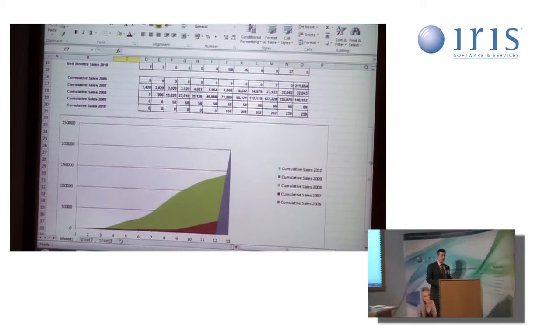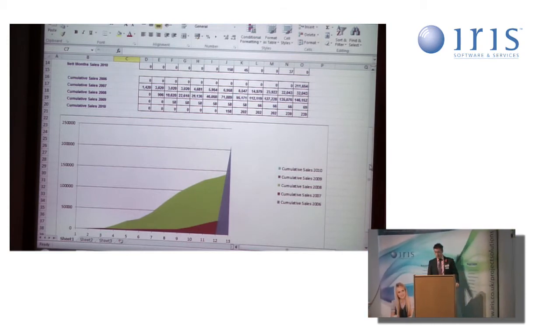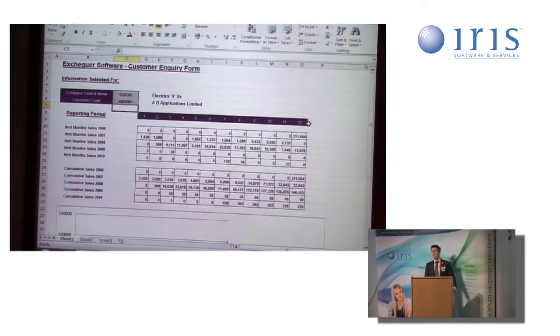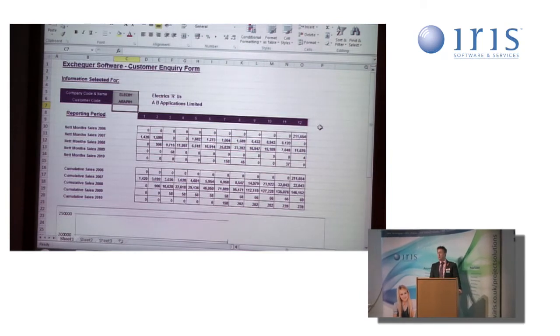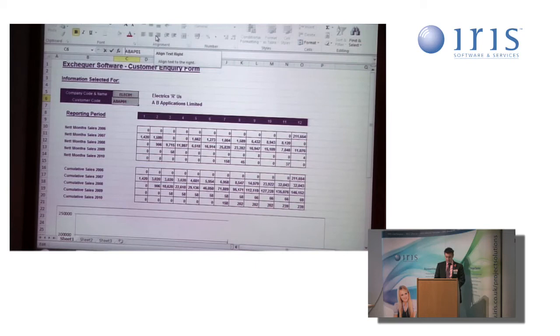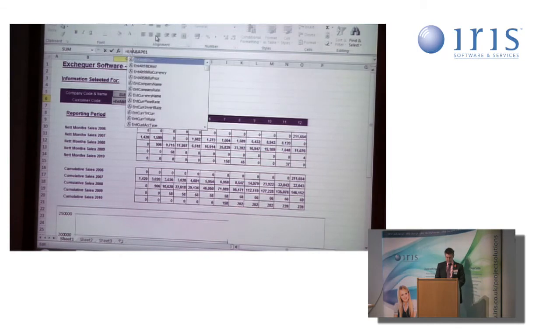Well, my manager would probably say to me, that's all very well, Ian, but I don't know all the customer codes in Exchequer. So how do I know what code to place in there? Let's introduce a new function to this report. There is a series of functions available in the OLE links called the ent select functions. In this case, I'm going to add ent select